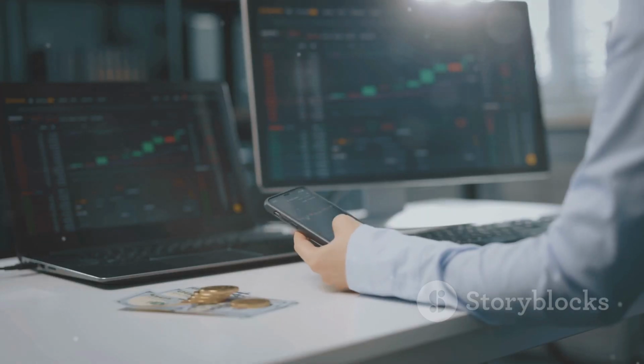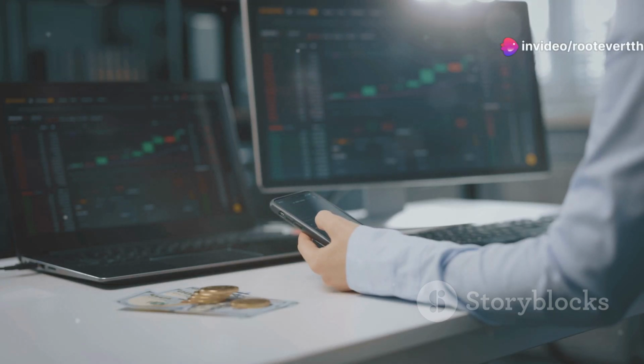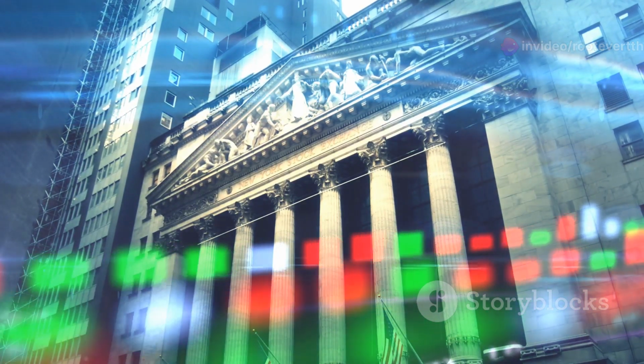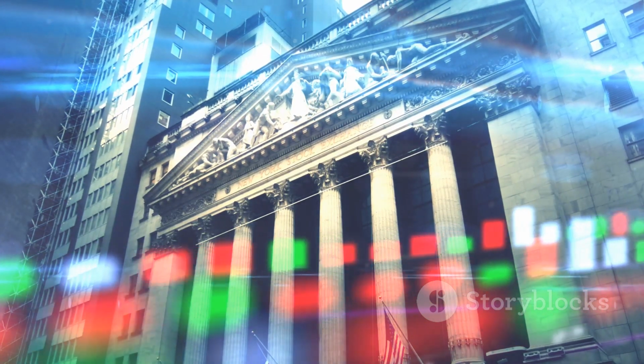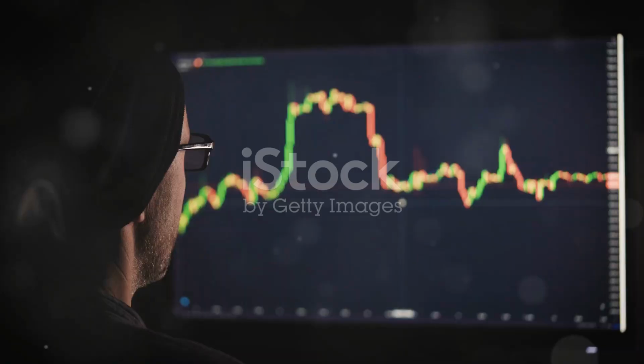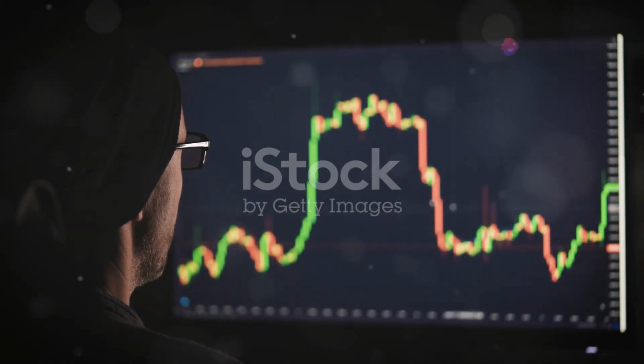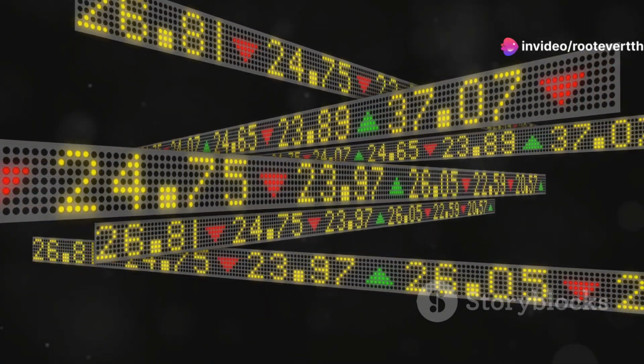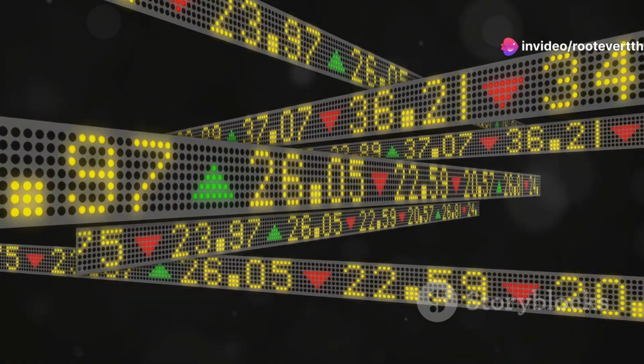Market risk, or the potential for investors to experience losses due to factors that affect the overall performance of the financial markets, is a primary concern. This type of risk is unpredictable and not easily mitigated, but being aware of it is crucial. Another significant risk is volatility. Volatility refers to the frequency and magnitude of the market's price movements.